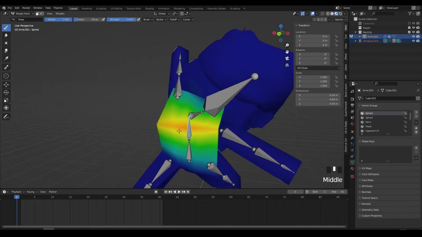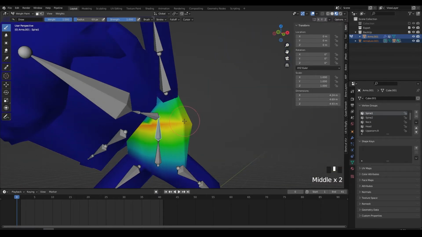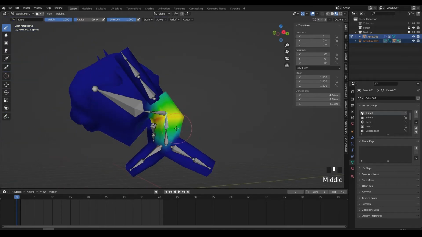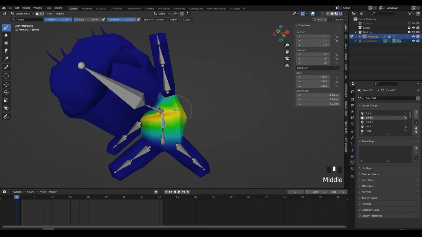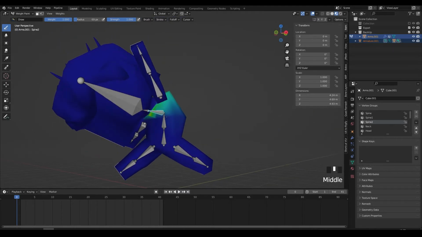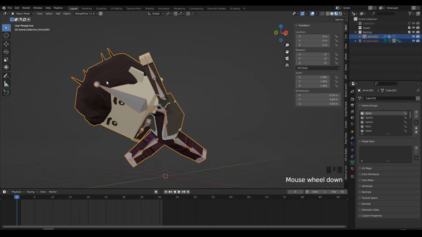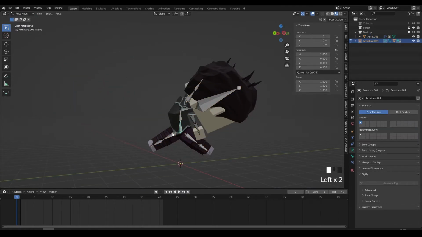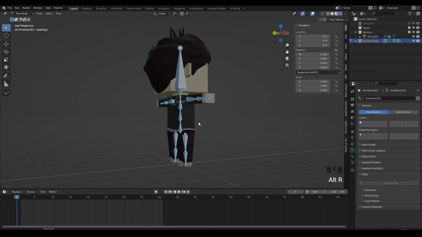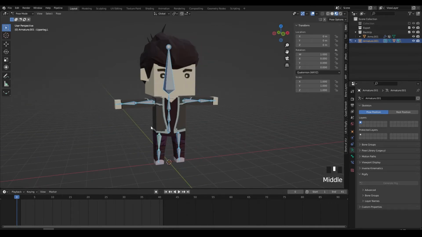Cool. So as you can see, I think 3 bones in our case was maybe not the best choice because of the edge loops. But you can always go back and change that if you want. So I'm pretty happy with this, like I could animate this stuff. There's still a lot of other cool tricks that you can do to make things easier, which is what I'm going to show you guys now, which is